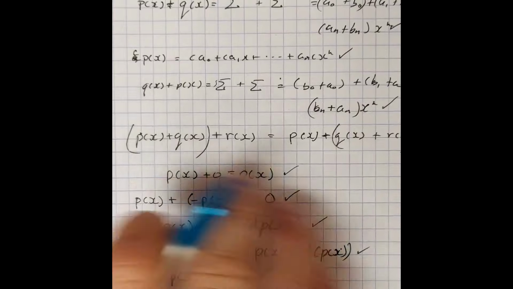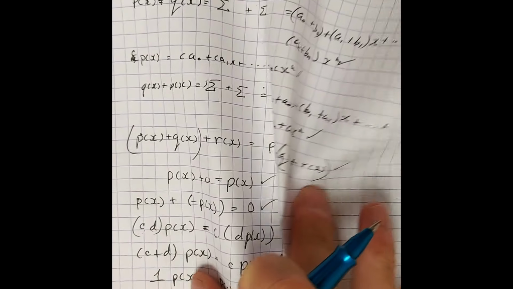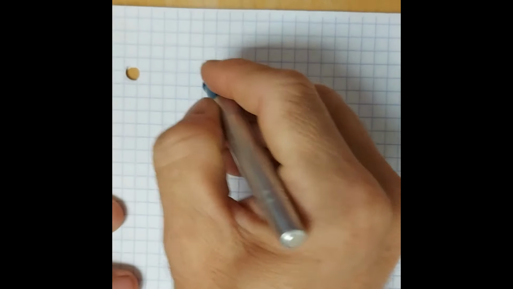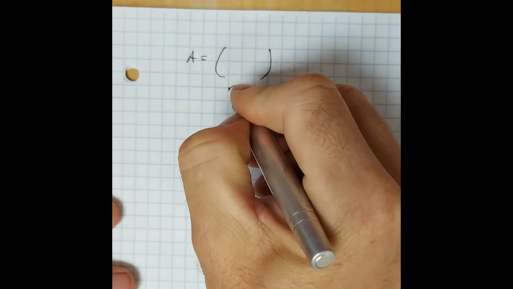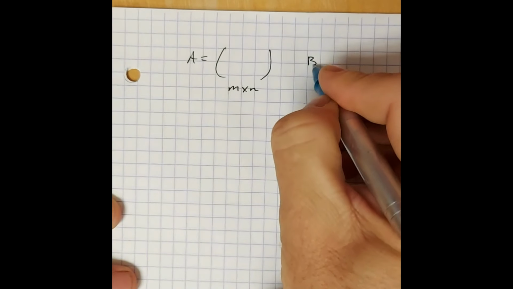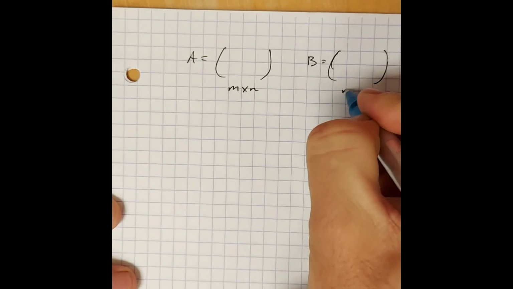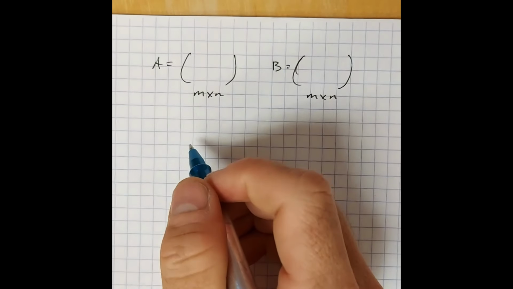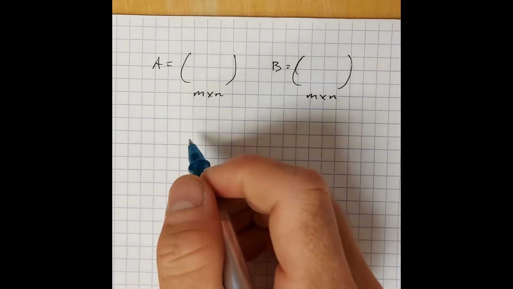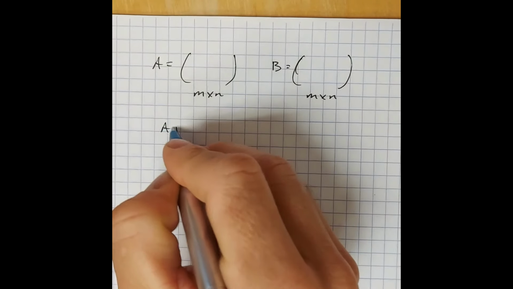Okay, all right, let's move on to the next example. In the next example, we want to look at all matrices. So A is equal to some m by n matrix, and B is equal to some m by n matrix. Okay, so if we go through the same set of things, A plus B